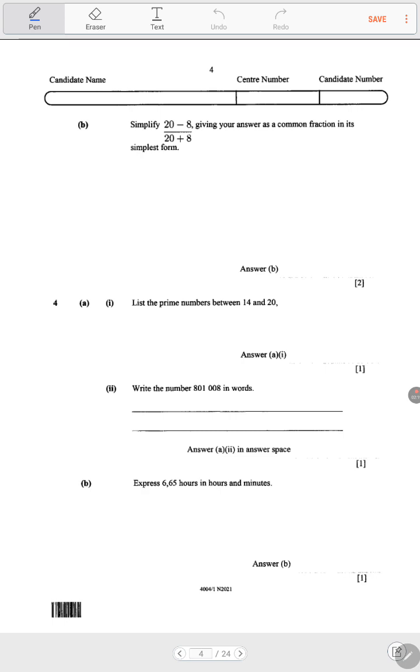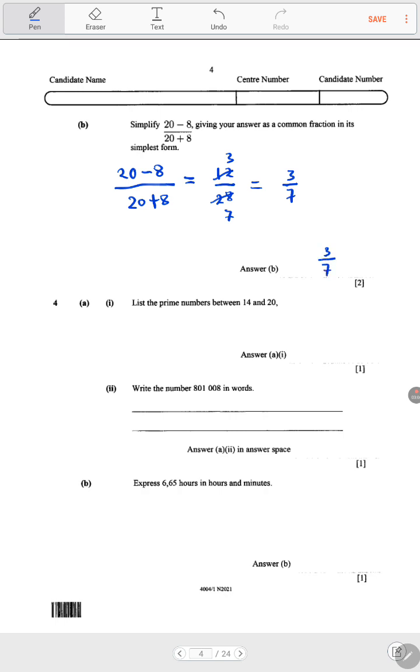In this question it says simplify 20 minus 8 all over 20 plus 8, giving your answer as a common fraction in its simplest form. So this is what you do. You have got 20 minus 8 on top and 20 plus 8 at the bottom. So you solve the figures on top first. That's 20 minus 8 and you get 12. At the bottom you have 20 plus 8 and you get 28. The common factor here is 4. 4 into this you get 7, and 4 into this you get 3. So your answer is 3 over 7